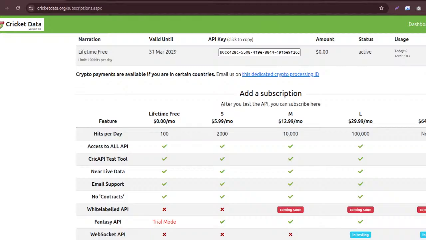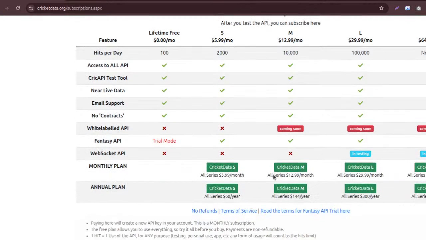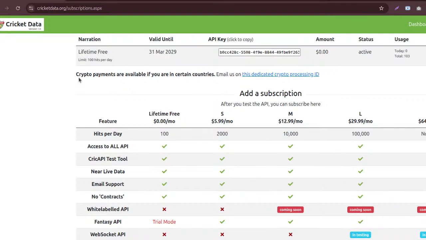I think we are back again. Let's see where the API key is. Crypto payments available if you are in certain countries. No, no, we don't need that. Yeah, this is the API key. So let's open .env. Let me zoom out. Yeah, and where is the Cricket API?